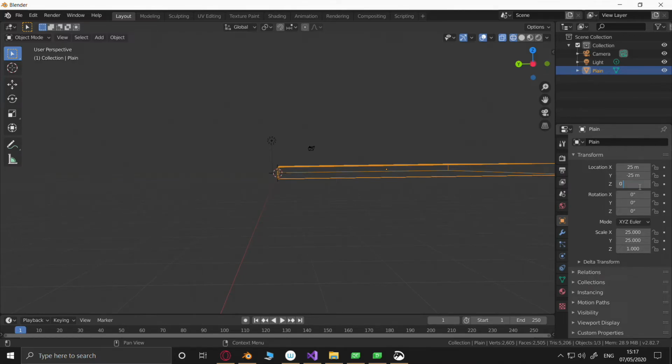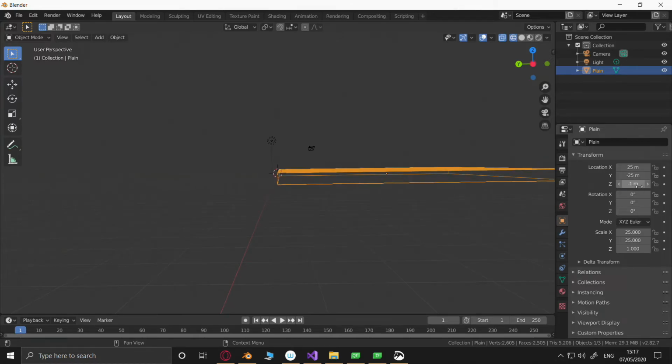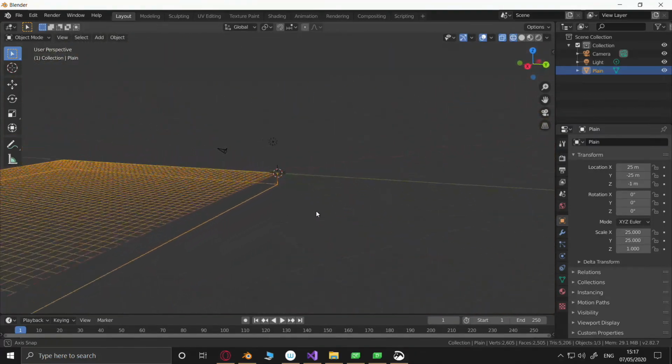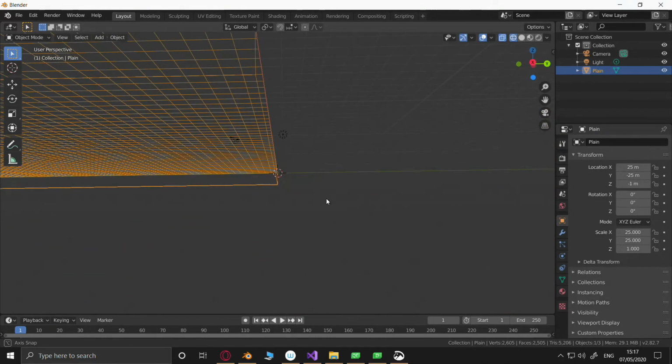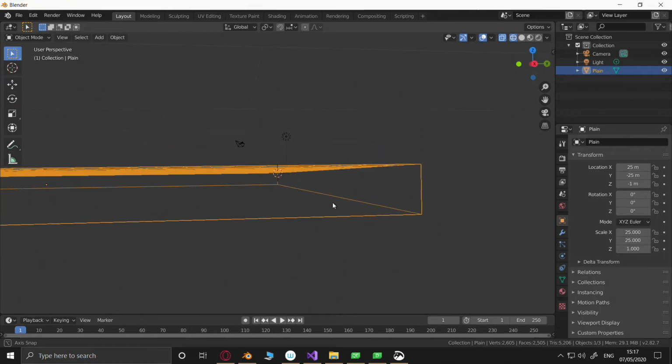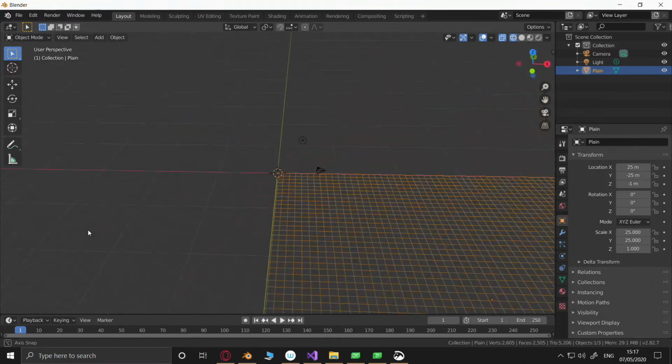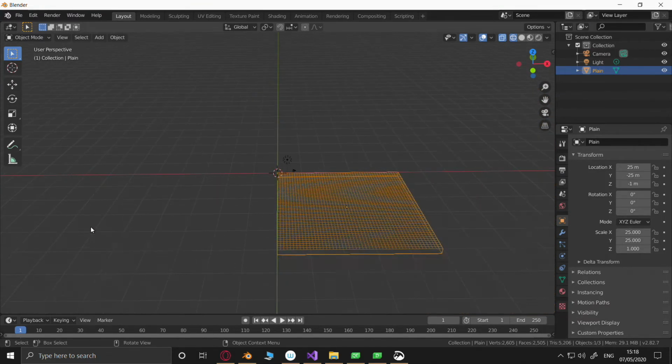It has to be -1. Otherwise, our coordinate system will not be correct. Yeah, that's a lot better now. It goes below the plane. Yes, that's better. Alright, so that's our mesh.